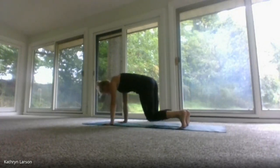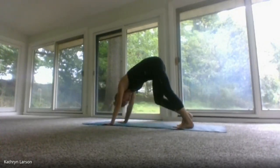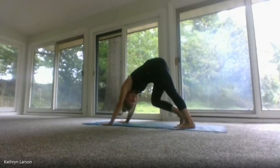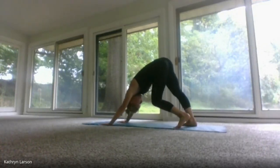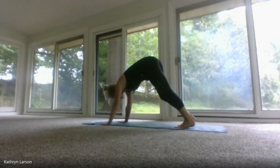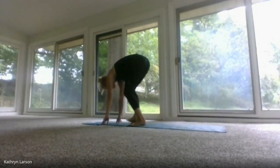We're going to go back into our downward dog. Our hips come high, our heels press down towards the ground, stretching out through the backs of those legs, maybe walking your dog here. Fingertips are gripping the mat. Our hips are all the way towards the sky and our chest towards our lap. And if you feel comfortable with it, you can walk your feet forward or your hands back until you're in